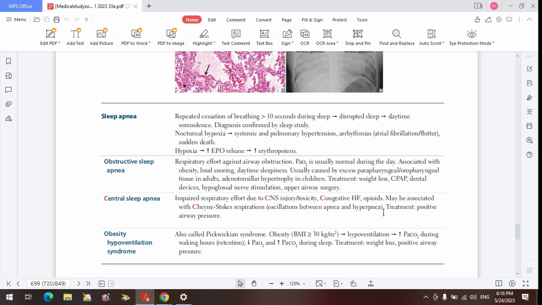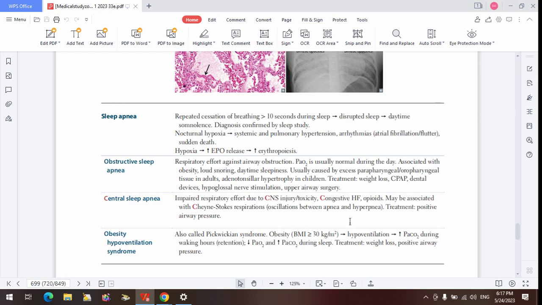So that is that. What we want to do for the central sleep apnea people, during the apneic phase, is to give a positive airway pressure so that it can keep air in and out during the apneic episode, because they can tend to die at that apneic phase. That's when they can die. So you want to prevent that apneic phase from happening. You want to give a positive airway pressure that can help you move CO2 out of the lung, and help you introduce oxygen into the lungs. So that's that about central sleep apnea.